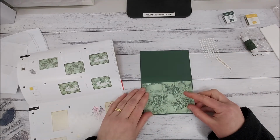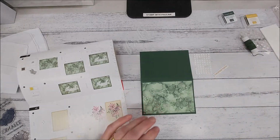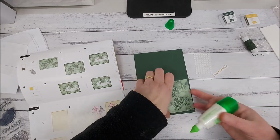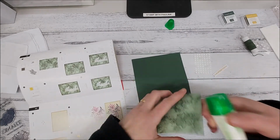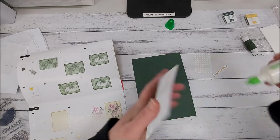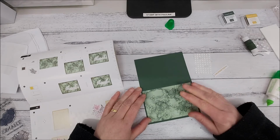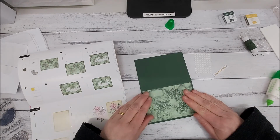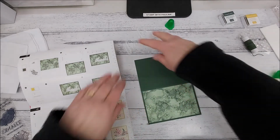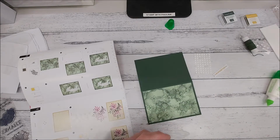Now if you don't have a problem, or you're happy to use the mini glue dots, they are in the kit and they will hold just as well, but I'm more of a liquid glue type person, so I am actually just going to pop some glue onto there. So it shows in the instructions to use 4 mini glue dots in the corner there. So pop that there, and then taking our thanks and grabbing your take a pick tool